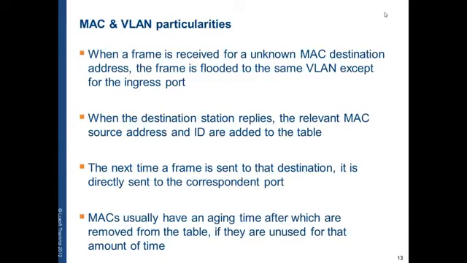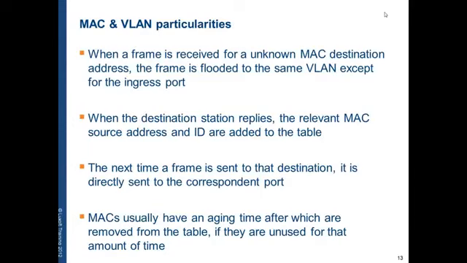So we now have an entry for the MAC destination to the relevant port. When a second packet is sent to the same destination, we have the mapping in the MAC table, so we will send the packet to the specified port, to the corresponding port.